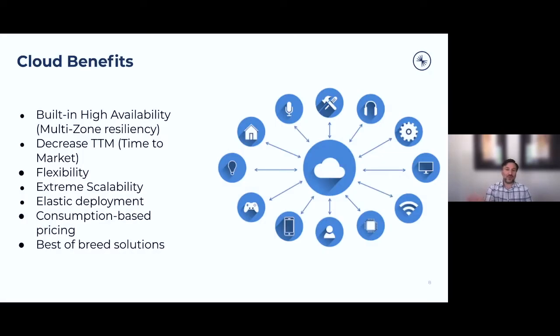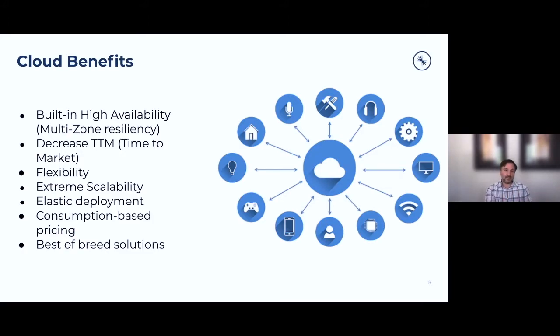What do you get when you go to the cloud? And I think you probably have answers for yourself. These are some of the things that we look at. Number one, you don't have to worry about a data center anymore, right? You don't have to worry about the physical location, the building, making sure you've got sufficient cooling, making sure you've got it manned at all times, like all of those really direct costs to owning and managing a data center